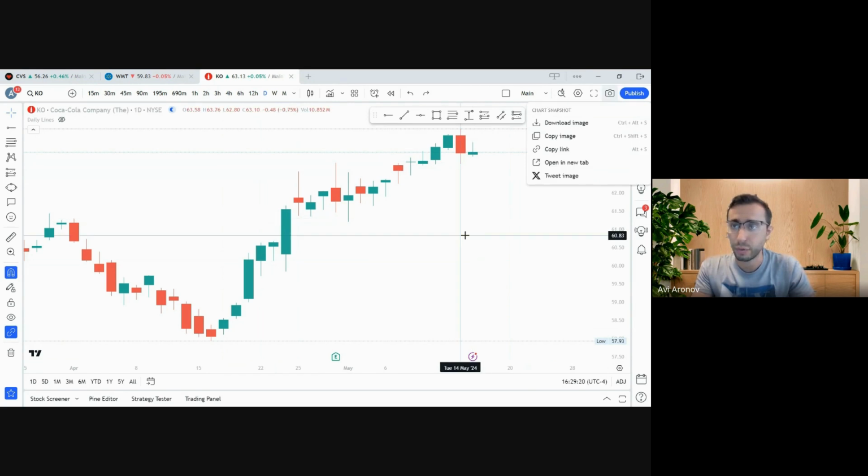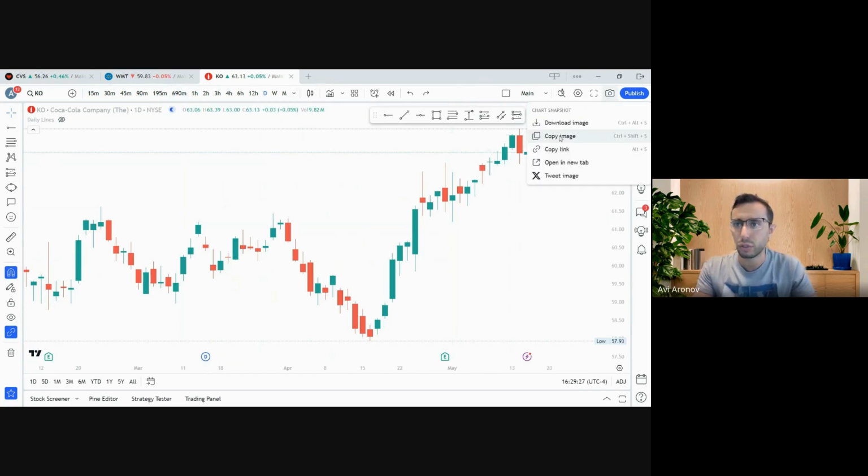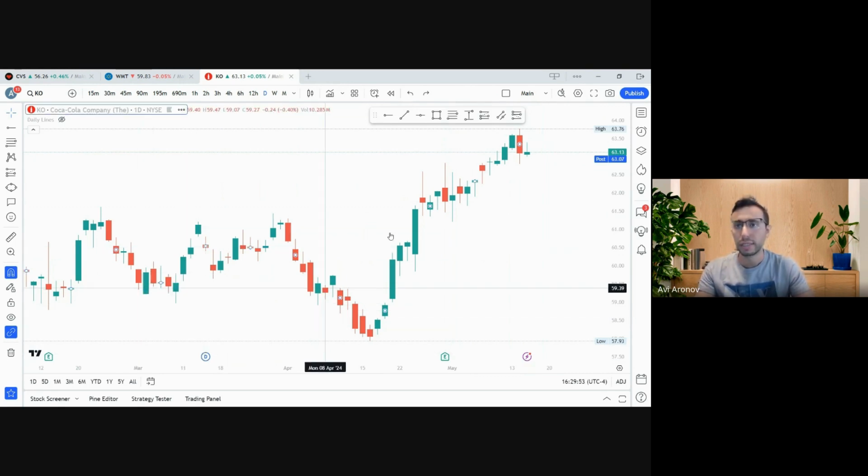It's something that I always do with every chart that I analyze. I take a picture, which is copy image or download image or whatever it might be, and then I write more information about my trade that I planned and I'm taking, why I'm taking it, what type of confirmations I see, what type of price action I'm looking at, and what feelings I have planning this. I'm writing that, and it helps a lot after the fact with the reviews. Okay,